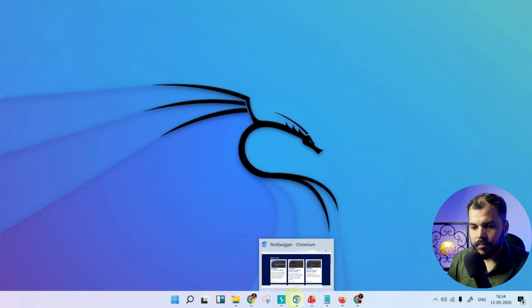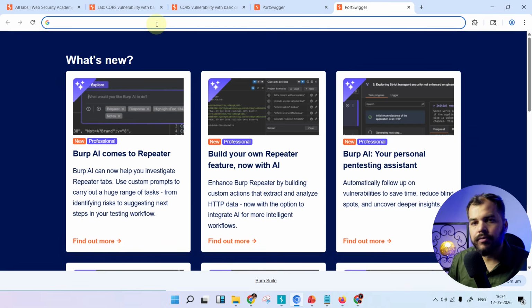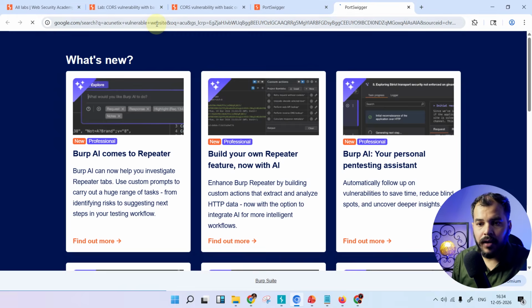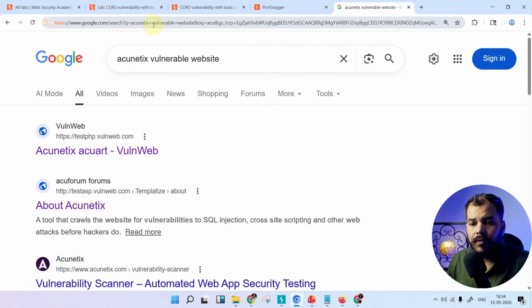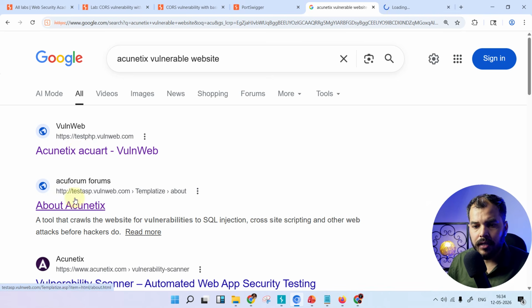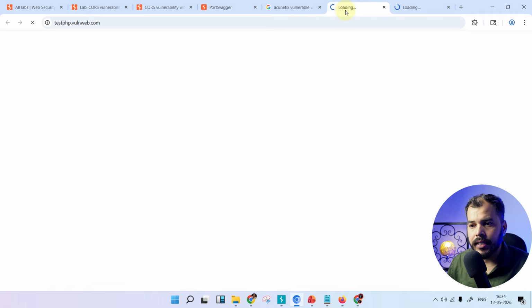So now let's suppose we have some e-commerce website. For this you can use Acunetix, which provides some vulnerable websites. If you don't know who Acunetix is, it is basically a vulnerability scanner. It provides various web applications where you can do bug hunting and pen testing. These are the vulnerable applications, so just click on each one to check where we get the e-commerce option. As you can see, these two websites are there: